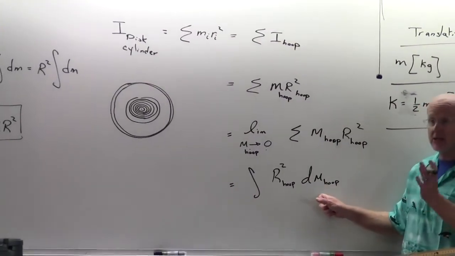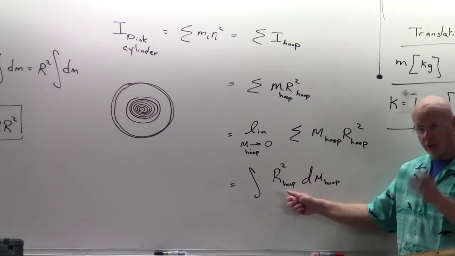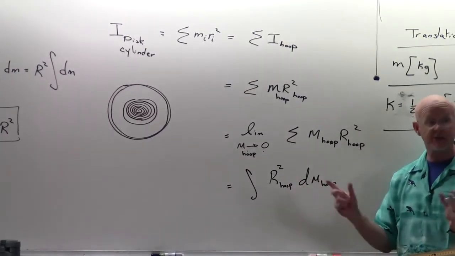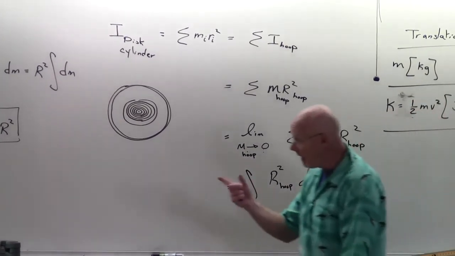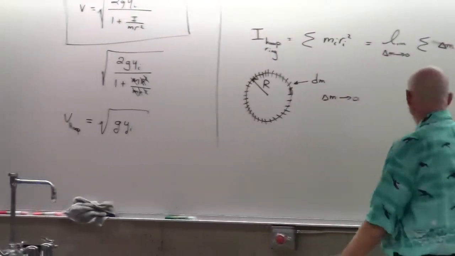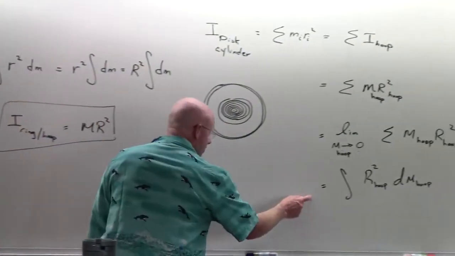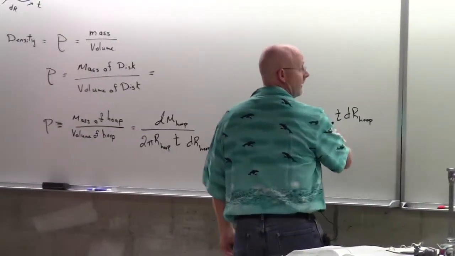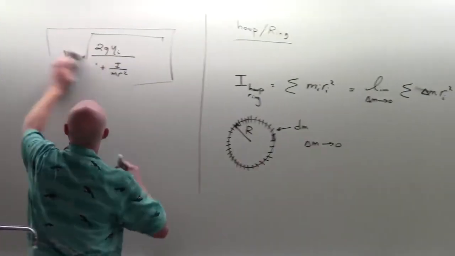Is the mass of the hoop related to the radius of the hoop? Oh, absolutely. Right? And there it is. So if I were to take this equation with this additional information, I'm just going to go ahead and erase that one, keep going here,